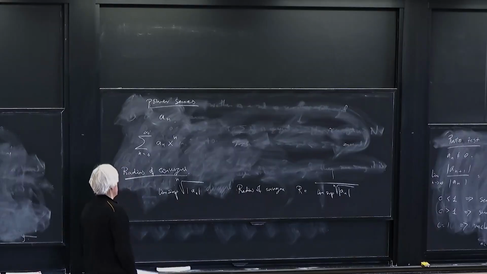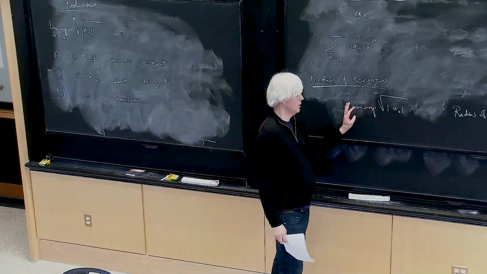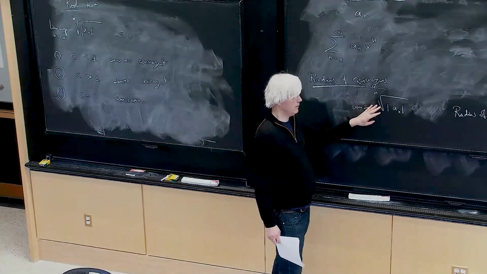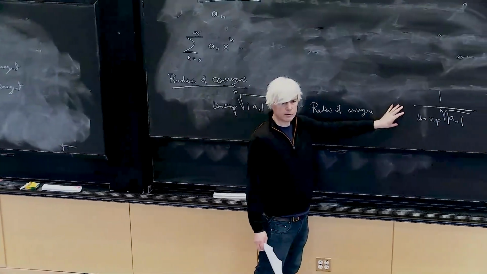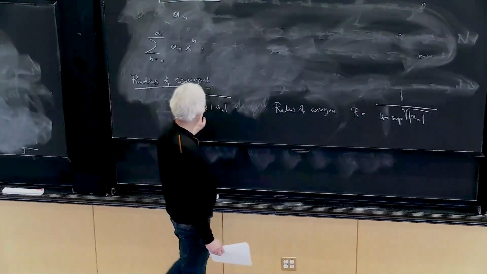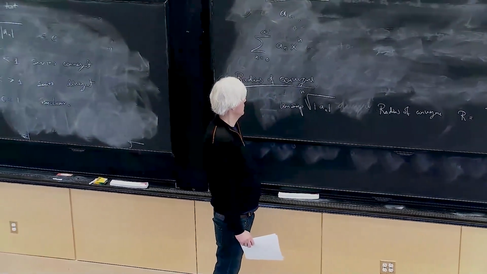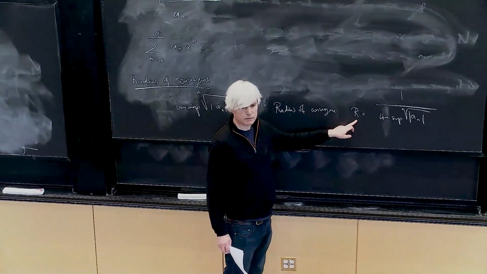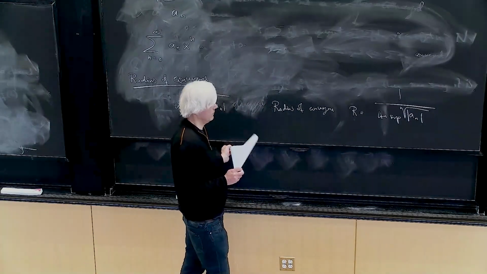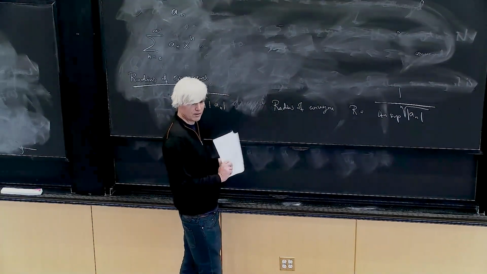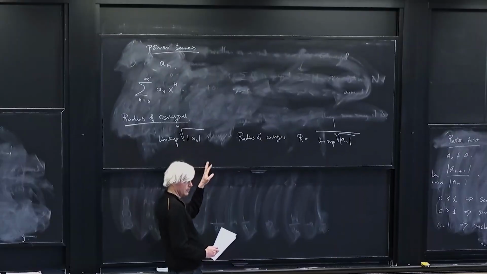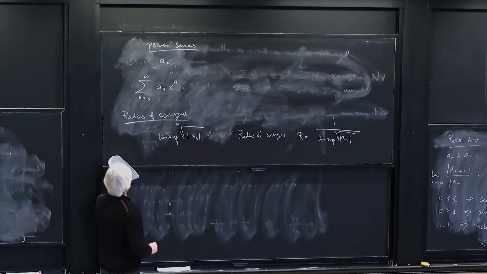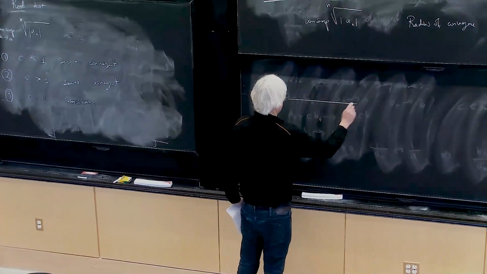The understanding is that if this number, this radius of convergence, could be infinite, then it meant that this thing here was 0. If this one here is infinity, then this here would be 0, and vice versa. So that's a convention in this particular case. Usually we don't want to divide by 0, but this is a convention in this particular case. And so using this radius of convergence, we saw that